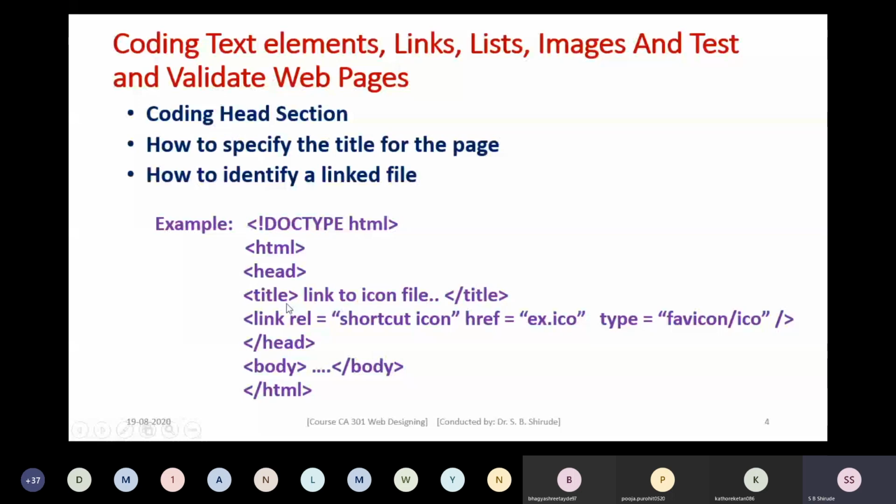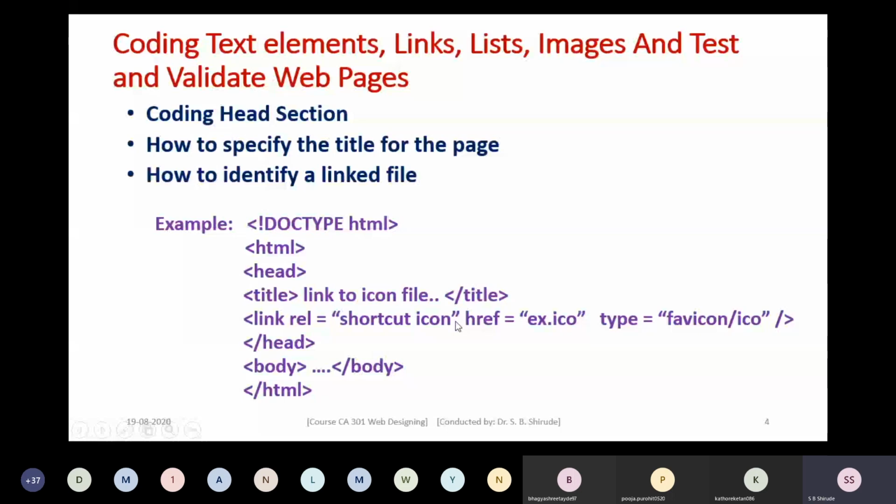Then here in the head section we have made use of the link element. You can identify a linked file in the head section. So link rel is equal to shortcut icon, href is equal to the name of that particular icon file, and type is equal to favicon.ico.